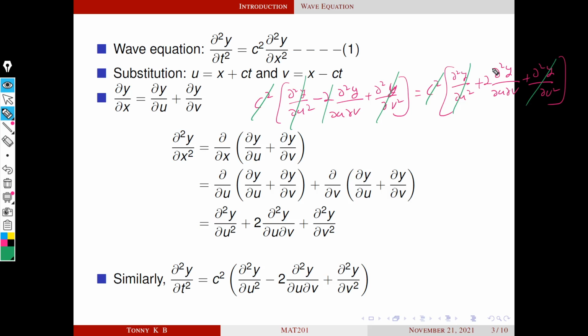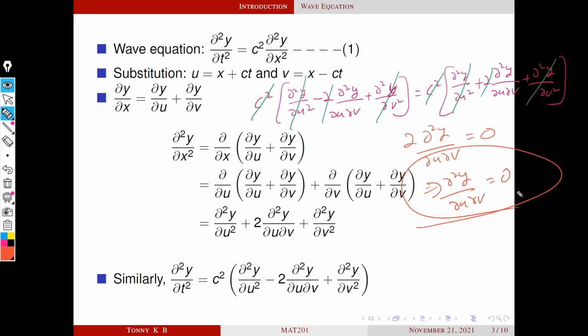Again you can cancel these two and take this −∂²y/∂u∂v to the right side. So this becomes 2 times ∂²y/∂u∂v equal to 0. Okay, so it is clear that 2 is never 0, so ∂²y/∂u∂v equals 0. So this is the new partial differential equation. Actually we are starting from equation number 1. After these substitutions, equation number 1 becomes ∂²y/∂u∂v equal to 0,